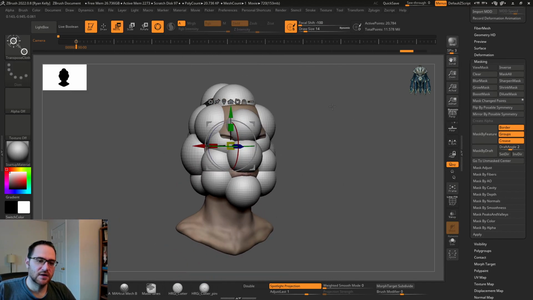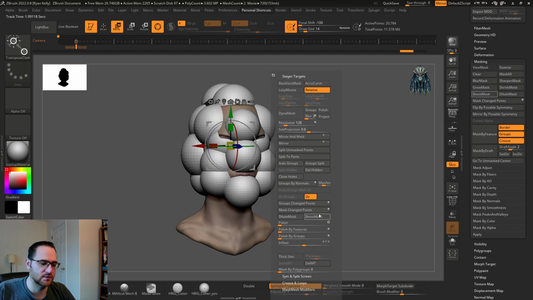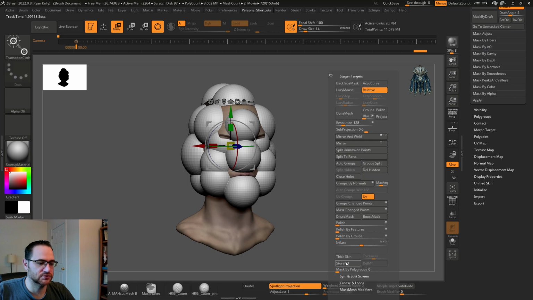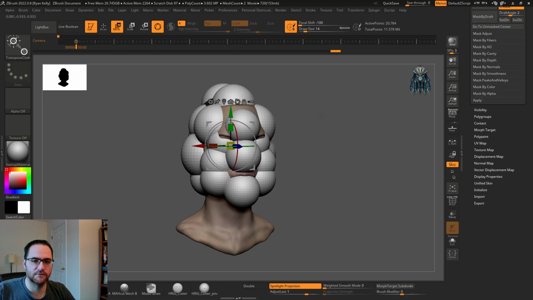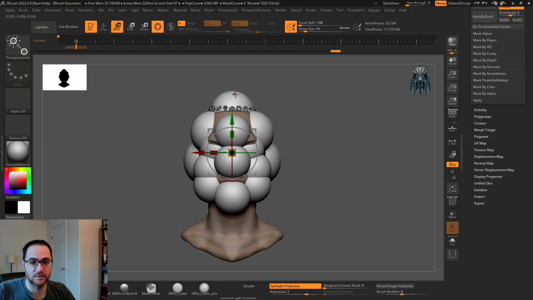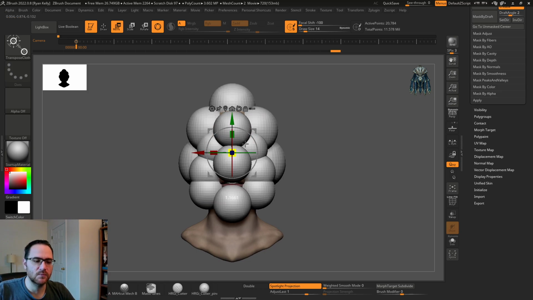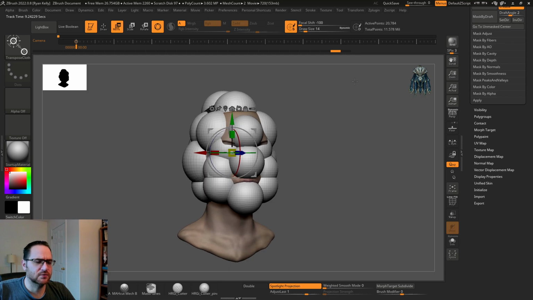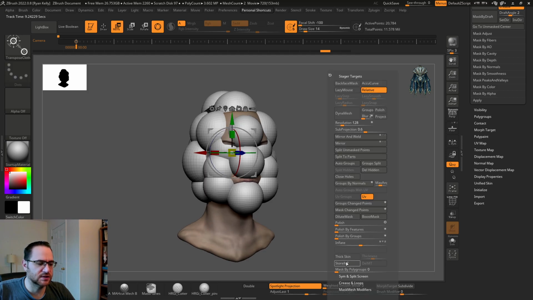But if you want them to actually stay more how they are, what we're going to do, and this was part of the whole thing, guys, I want to store a morph target here. I want to store a morph target where they are before I do anything, because that's part of how I set the layers up. Now that the morph target's set, actually I'm going to raise these up a subdivision level before I set the morph target,